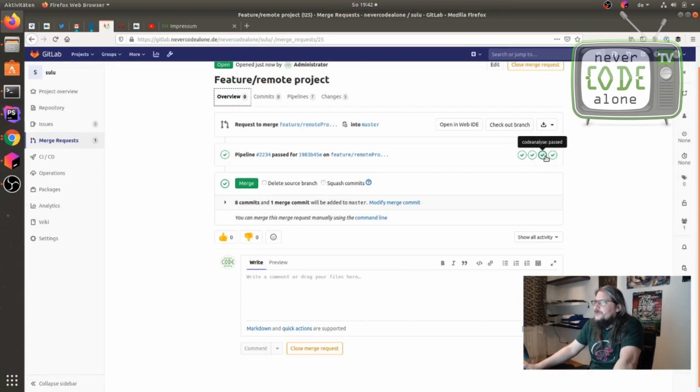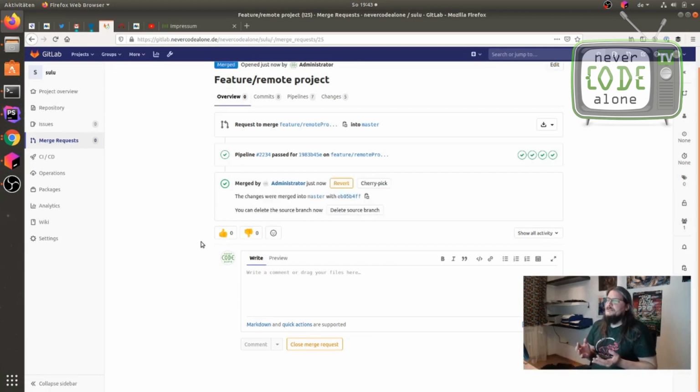Everything is fine, the code analysis is fine, there's nothing happened, everything is good for me. So I don't have to check if this is working. And I believe here in my tests, and then I can say, okay, merge this.